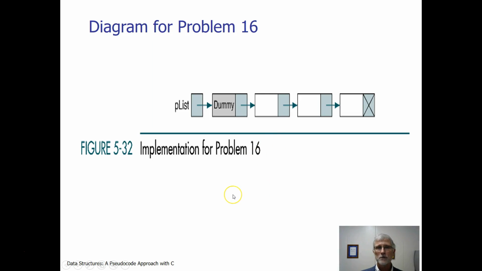I did assign you, I think, problem 16. So just so you have a picture in your head as far as what we're talking about, pay attention to this one. This would be a good one to have. Hopefully this helps to shape out the linked list that you had in C++